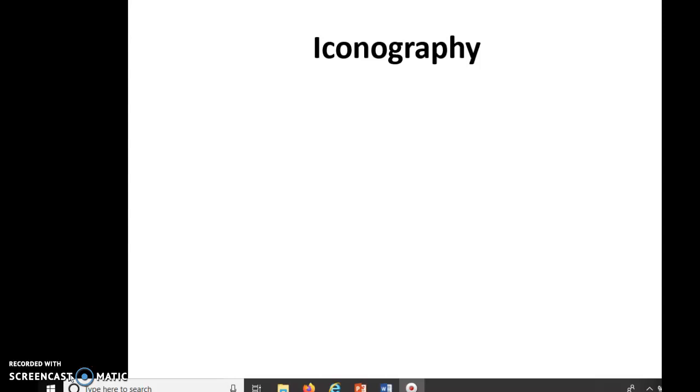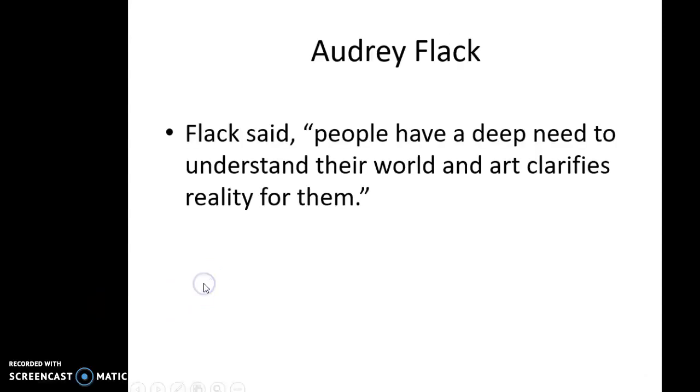We are beginning this section with iconography. Iconography is a story within a work of art. A lot of times, if you know a time, place, culture, symbolism, all of those things play into the iconography and let you know a little bit more about the artwork and the story and narrative it's trying to tell. So if we look at the artist Audrey Flack,